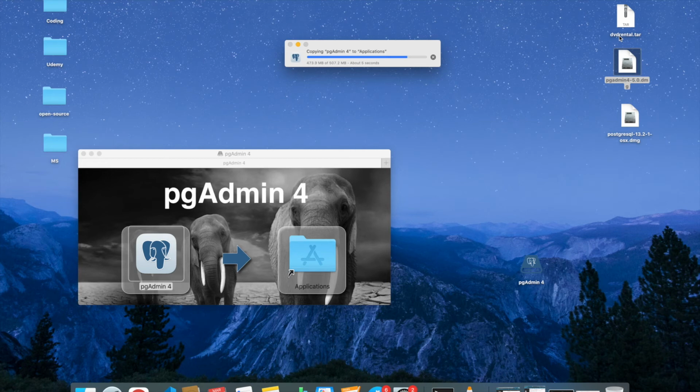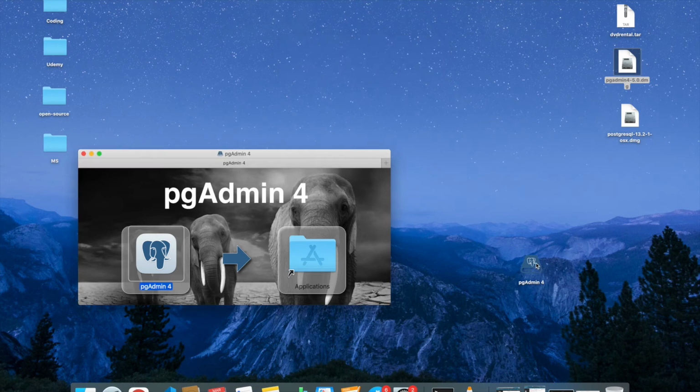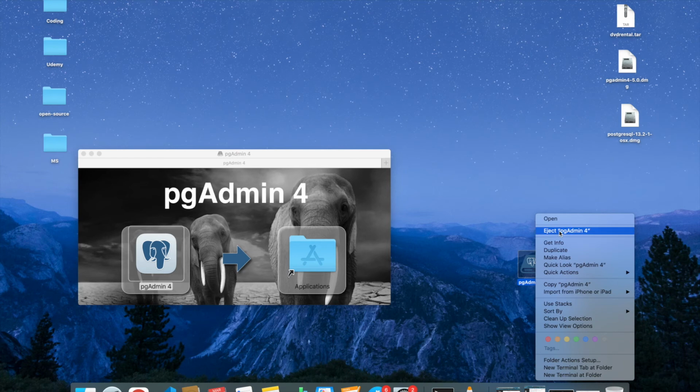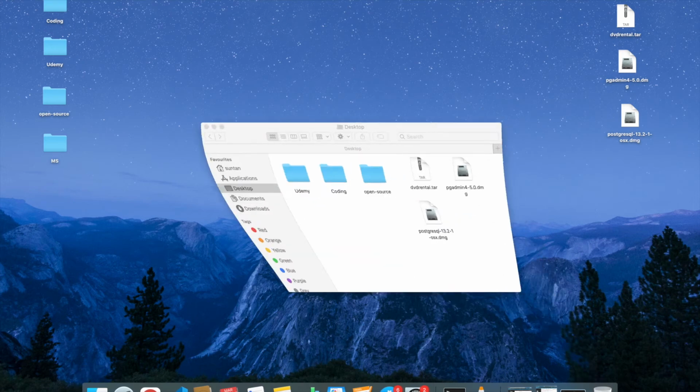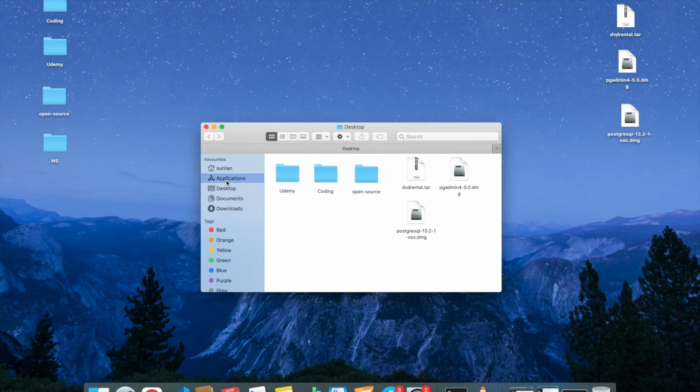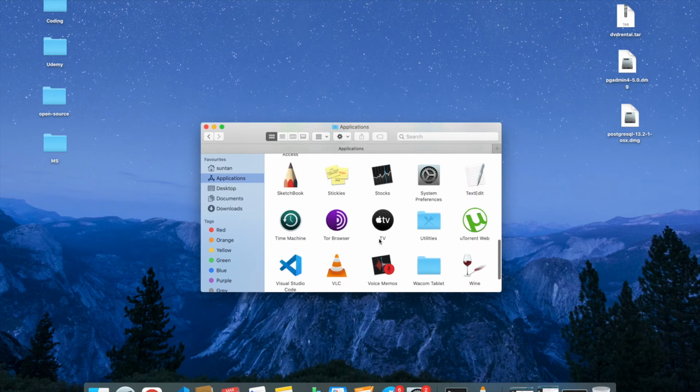And after that we can just eject this. After ejecting, what we have to do next is open this up, go to applications, or in your case if you are on Windows, just search in the